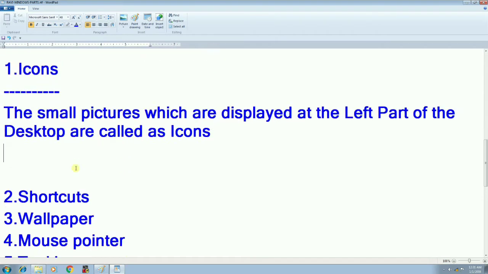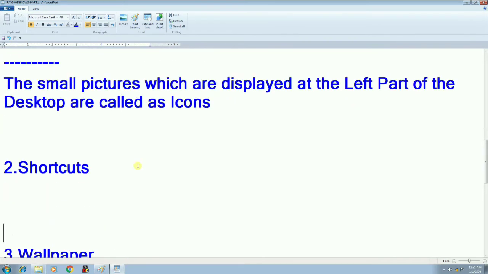Coming to the second one, shortcuts. Shortcuts means, in the name itself the meaning was there. For example, in real time, if you want to travel from one place to another place, you are looking for the shortcut route. Am I right? For example, if you are traveling by bike, you want to reduce the petrol usage. So then what will you do? You will see the shortcut route. Similarly, through the shortcut way, if you do the journey, you can reach the destination very fast. So what is the purpose of shortcut? To increase the speed.